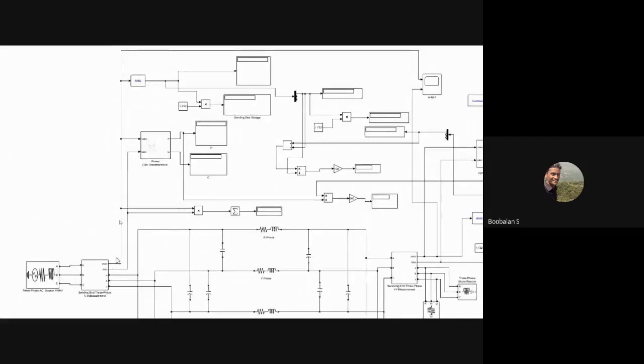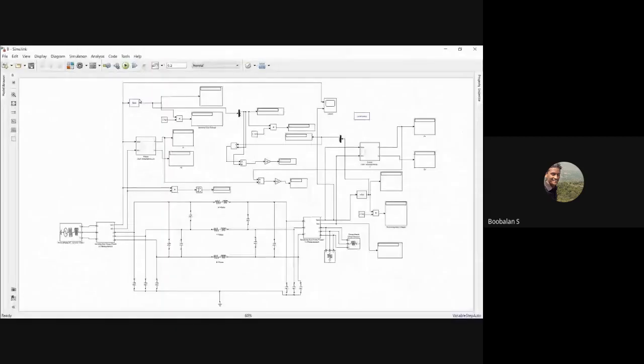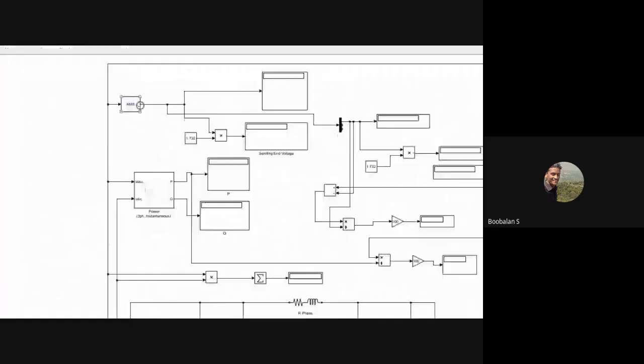Right, so VABC over here, and I'm just tapping over here. I'm just using an RMS block, right? So we are able to get an RMS value. We'll see once we run it, no issue. After the RMS, I'm going to zoom in. After the RMS, I'm going to multiply with the square root of 3, so now it will give me my sending end voltage.